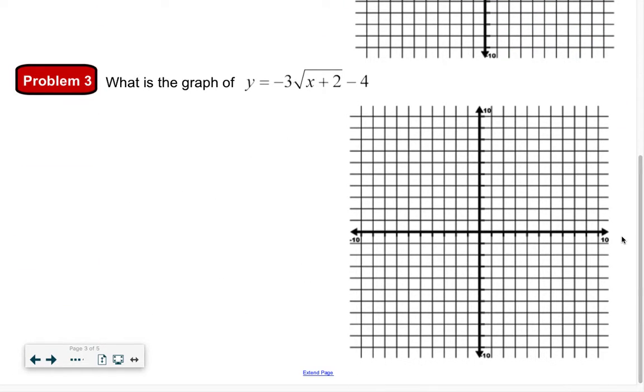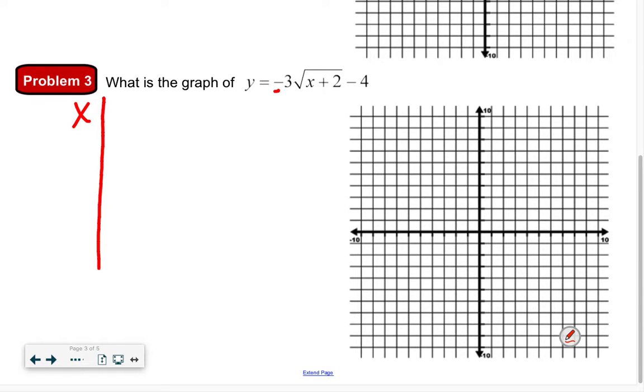Alright, now we've got lots going on. I feel like we need a refresher on this. What does the negative do? Reflects over our x. What does the 3 do? Stretch. What does the plus 2 do? Left 2. What does the minus 4 do? Down 4. Okay, the easiest thing to do